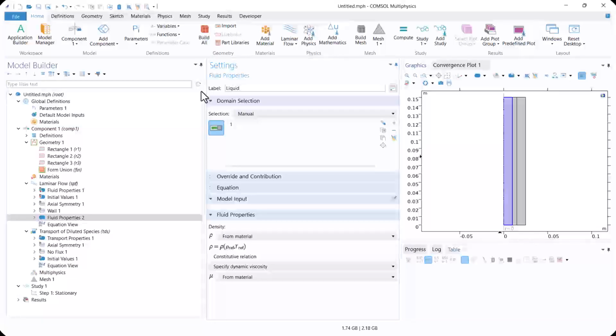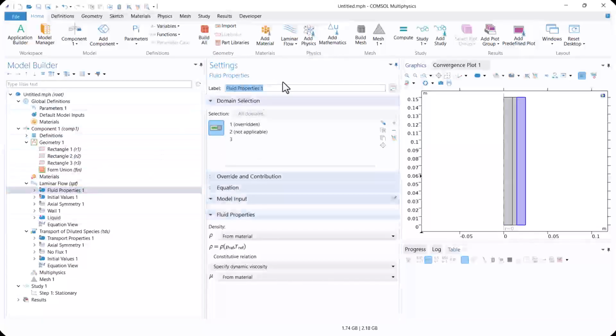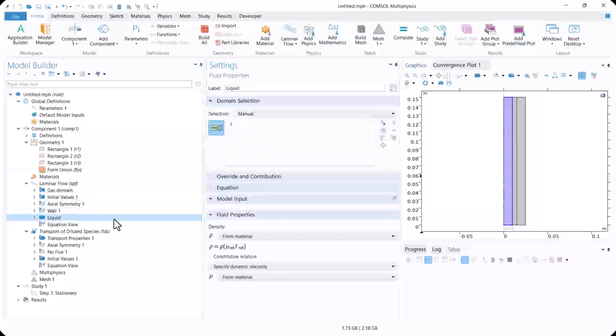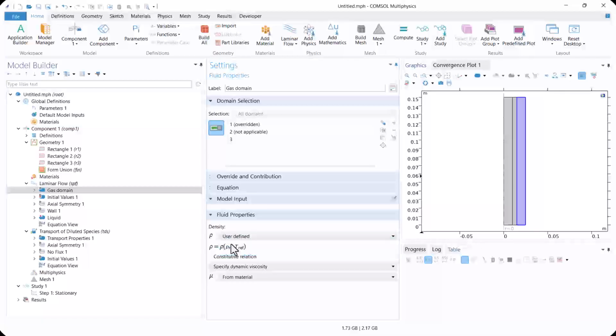And here we have the gas domain. Now we need to define our physical properties for liquid and gas. For the liquid, the density value is 950, and for viscosity we have 1.2E minus 3. And for the gas domain, the density value is 10 kilogram per cubic meters, and